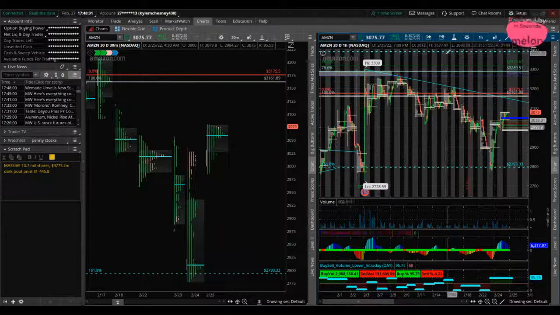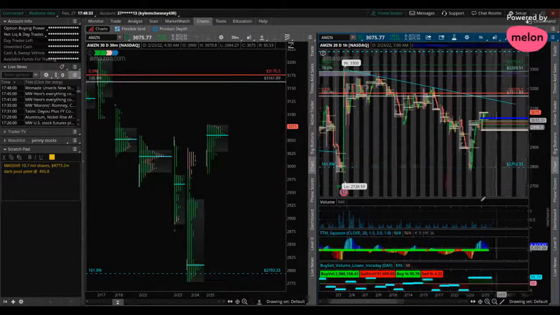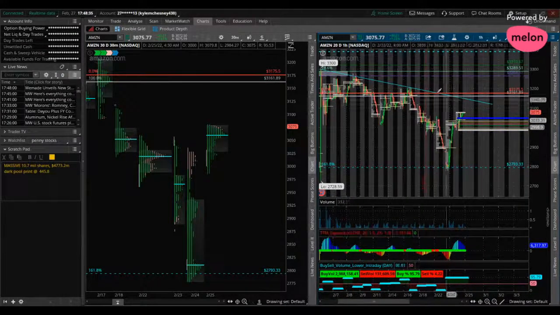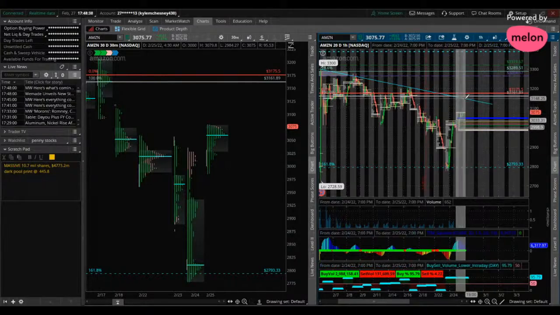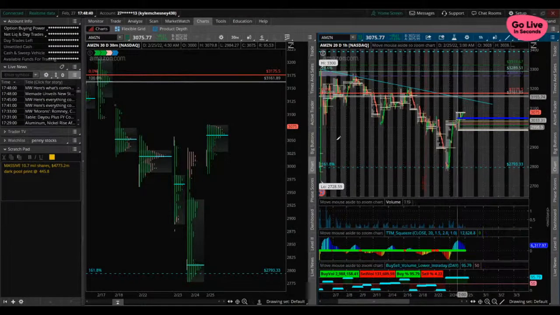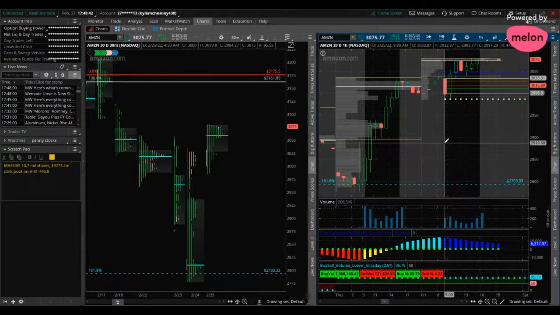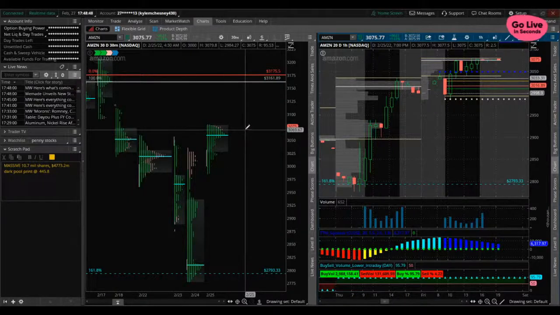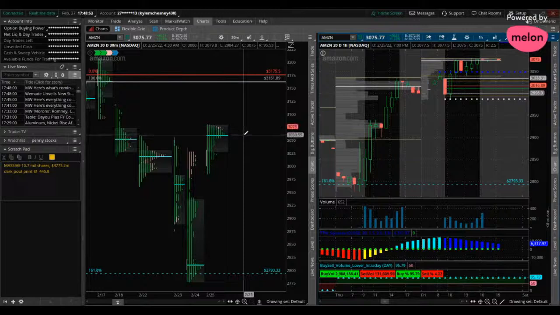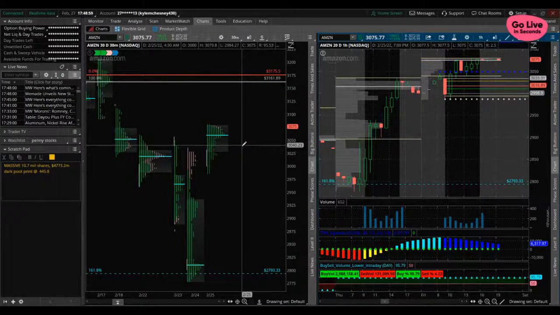I'm honestly not really liking Amazon at these levels for any major position. This would have to be a day-by-day trade basis. If we're just talking about straight Monday, which is what you asked for, I would say look for either a bounce at 30.59.85 for a move back upwards to 30.76.67, or if we break below this 30.59 level, start looking for the move downwards to 30.51, 30.40, like I was saying earlier, in the 30.29 area here,